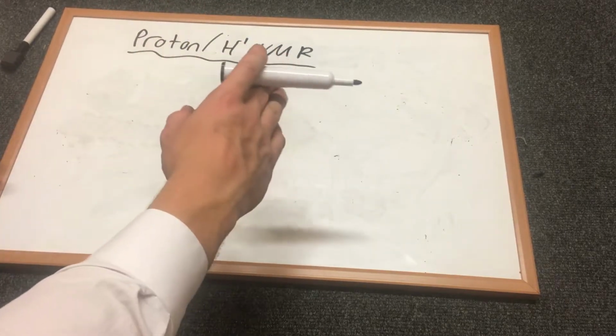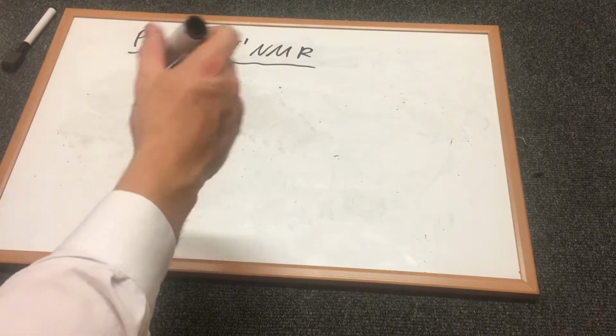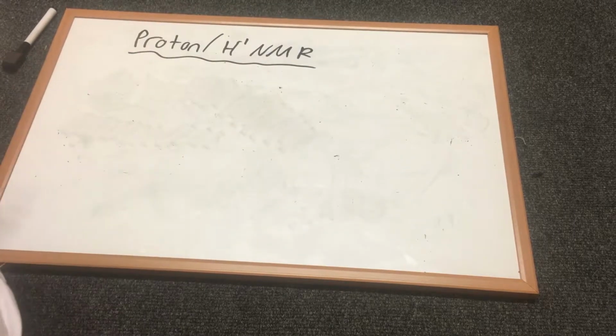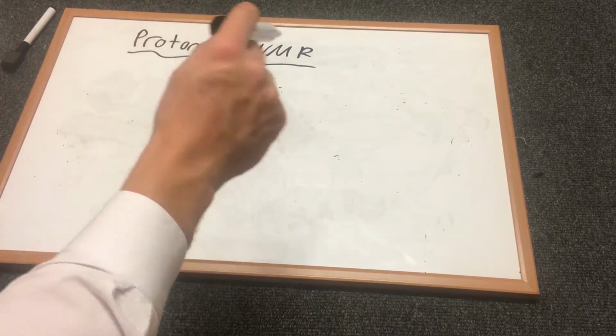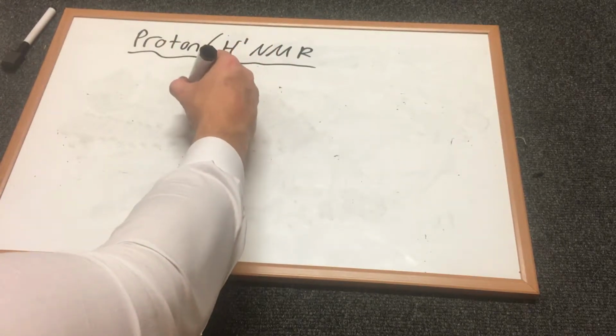You see how many peaks there are, and that's equivalent to how many different environments there are. So if you get good at identifying different environments, then you're halfway there to being successful at analysing NMR spectra. So the following molecule,